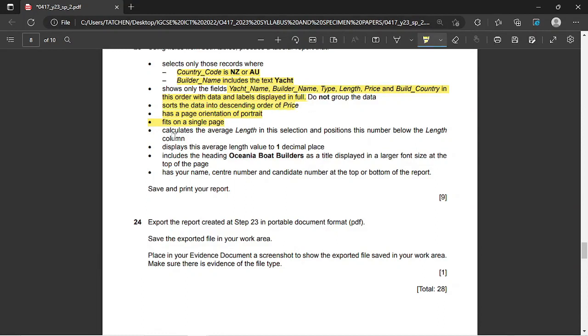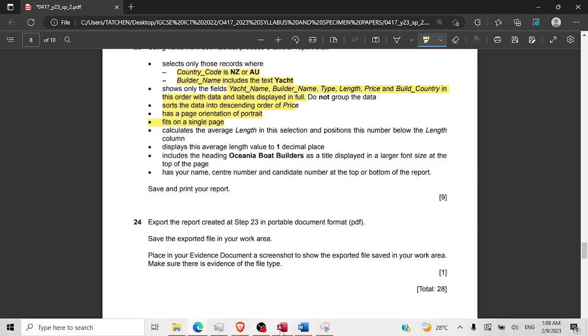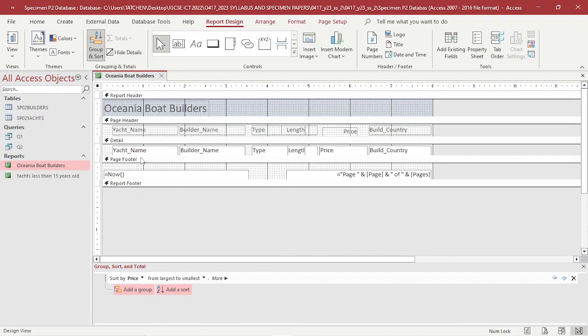The next thing we can do is calculate the average length in this selection and position this number below the length column. So I'm going to do that. Now, this is the page header where you have your yard name, build name, type, length. So where you want to do this, you have to go to the detail section of the report in the design view. So you click on length,